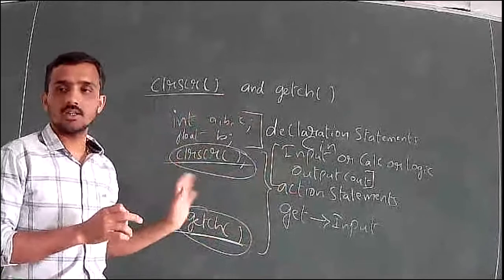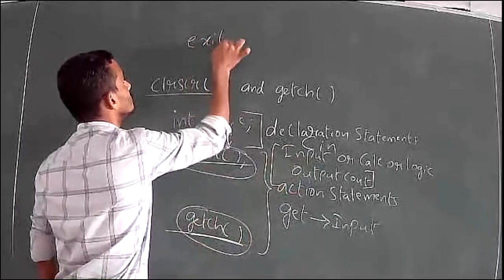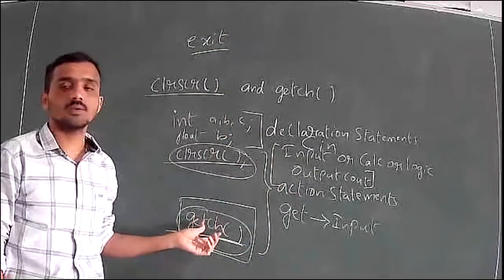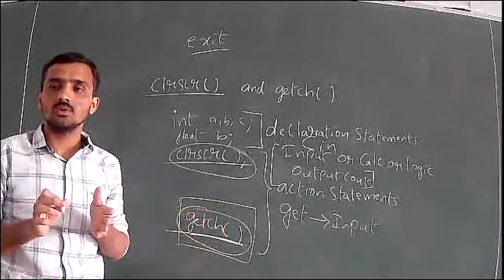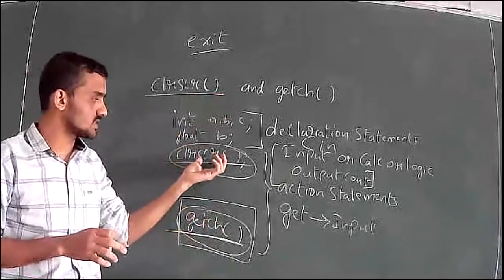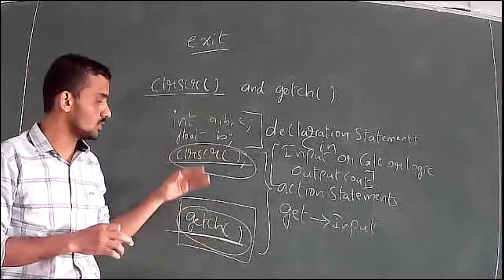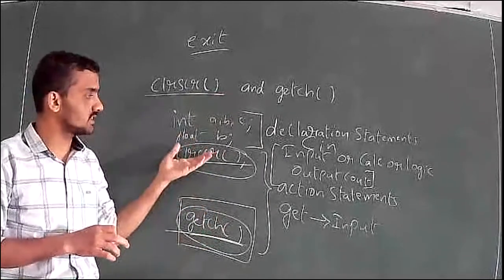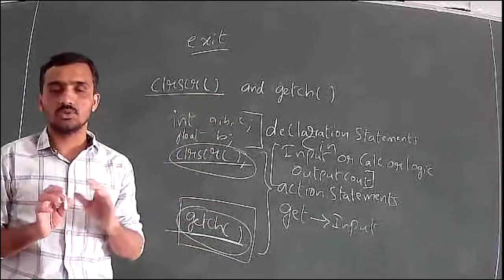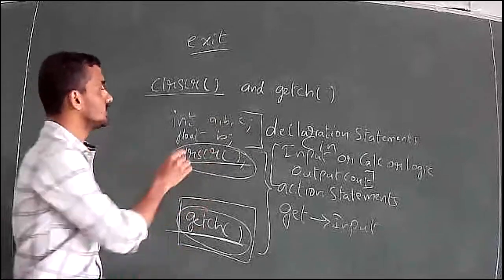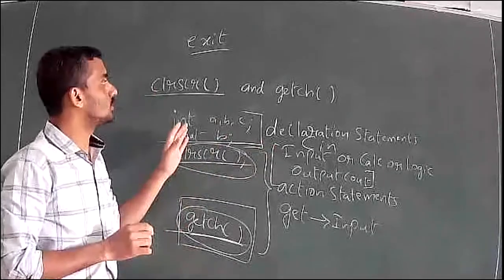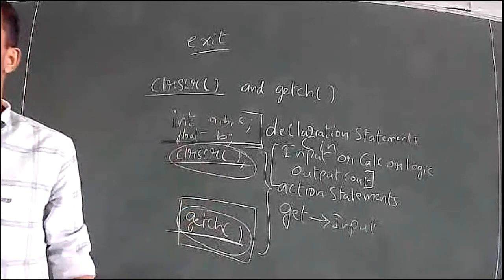Especially when I write the program for the exit function, I will make use of the get function. So you will come to know why I said get can be used at any part of the program. One thing you have to remember is that you don't use it before the declaration statements. That's all. After the declaration statements you can use them as the first statement, in the middle, or at the end of the program, interchangeably: first get then clear screen, or first clear screen then get. If you know the working process, then it's fine. One important thing is you write the declaration statements, then you can use them at any point of the program. Now we will talk about get character as well as the exit function. Okay, is it clear?